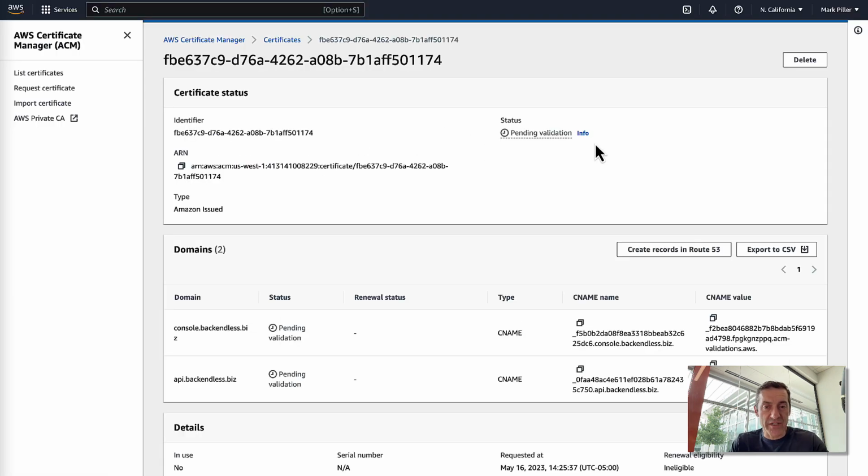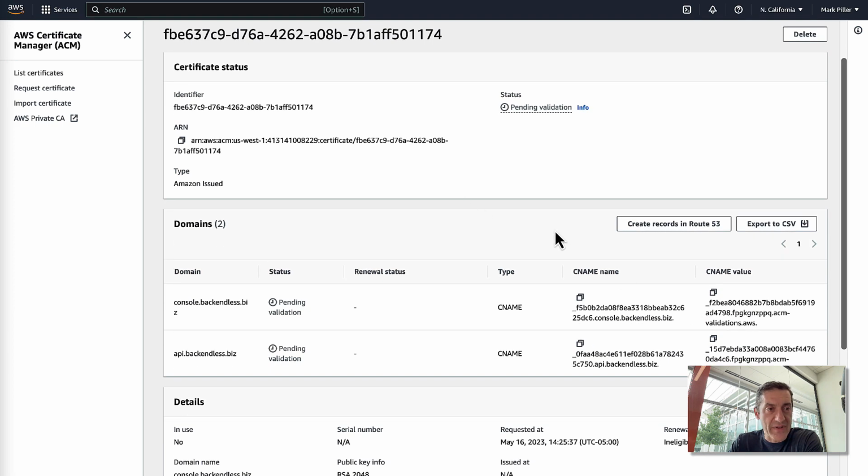The way this will work is if you notice that for each domain, console.backendless.biz and api.backendless.biz, AWS Certificate Manager gives me this CNAME name and CNAME value. So these are the values that I need to copy and paste into the DNS manager to create that CNAME